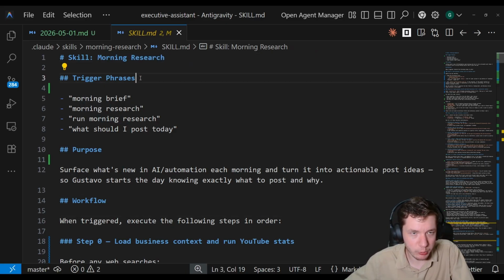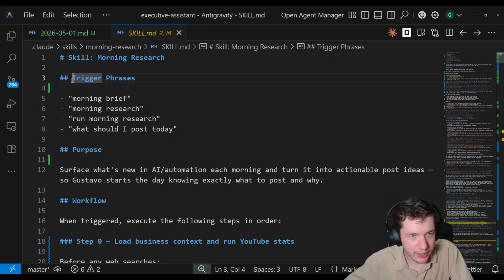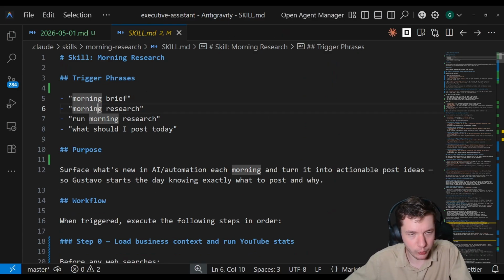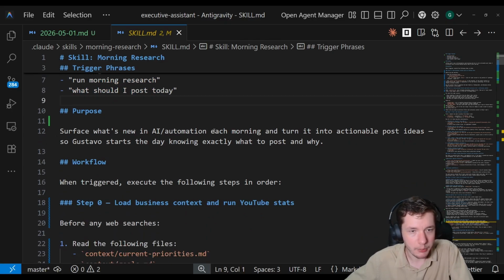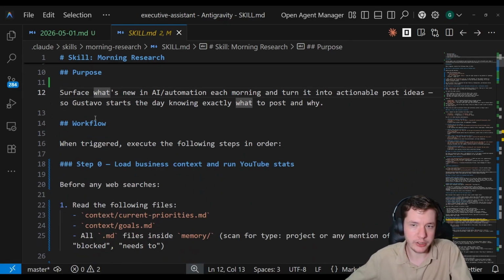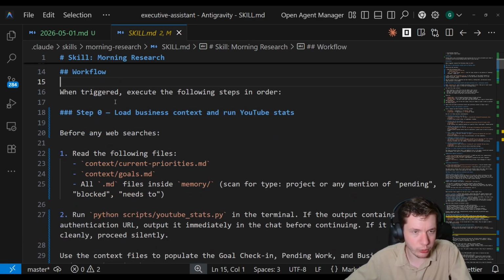And this is a morning research skill, so a very straightforward skill, but tailored for my own use case. And the first thing it has is the trigger phrases, which define when the skill will be triggered. So as I said before, this works for prompts and for skills. In this case, it is a skill. So if you are using a prompt like this, you won't need this. But right here we have the purpose of the skill. So essentially what the AI will need to do,